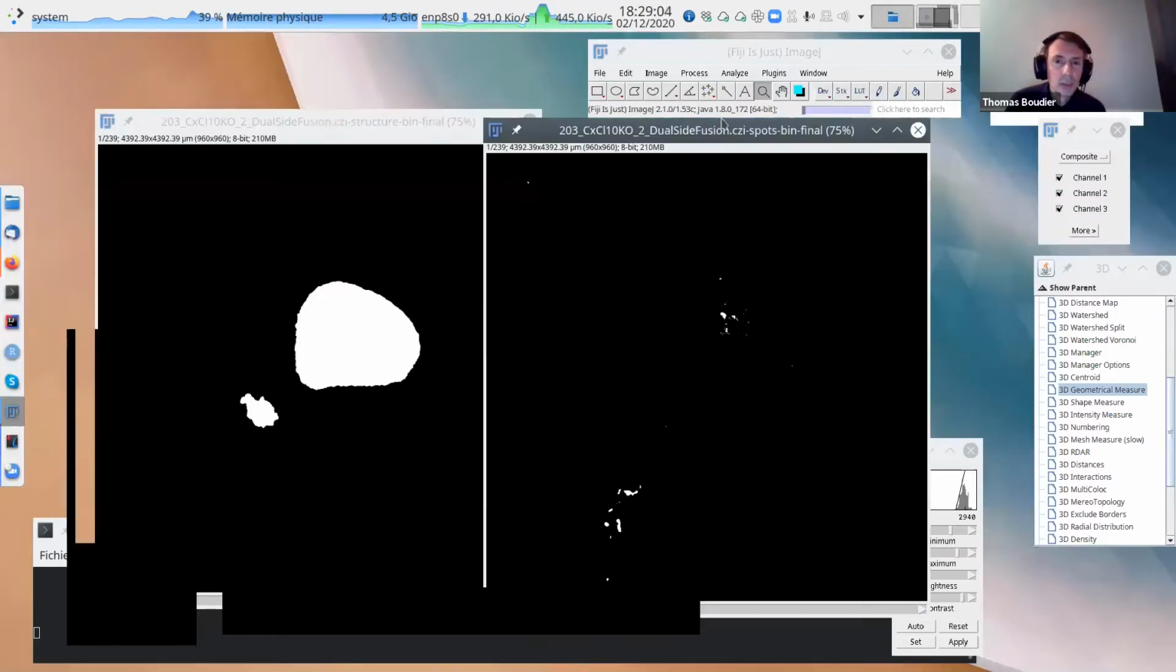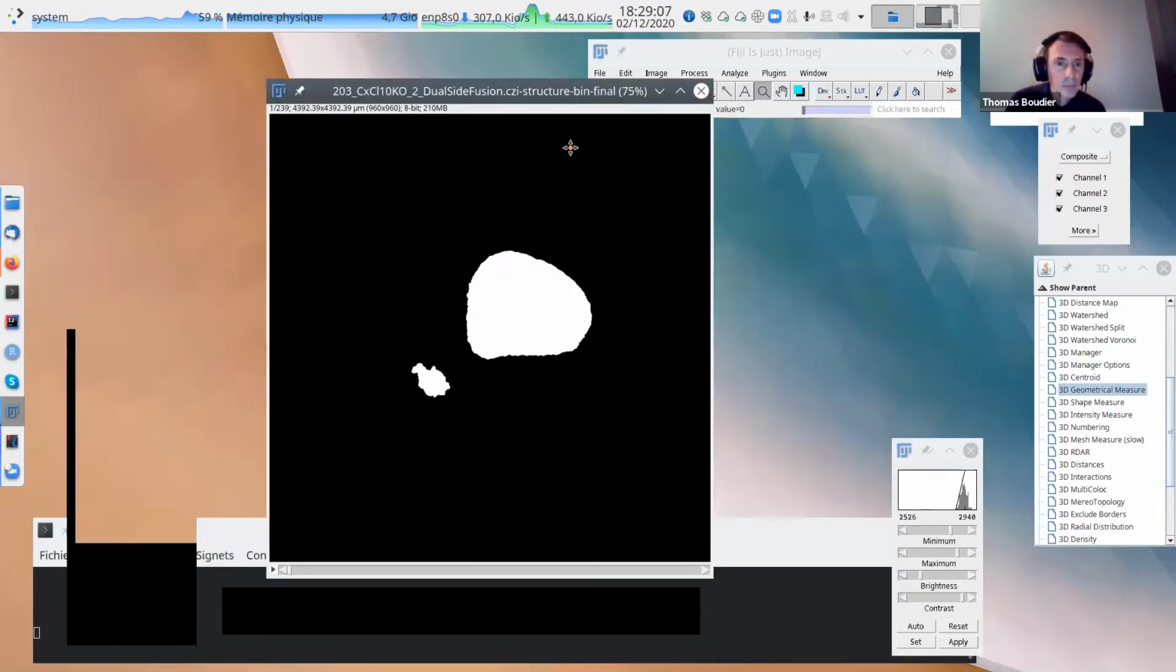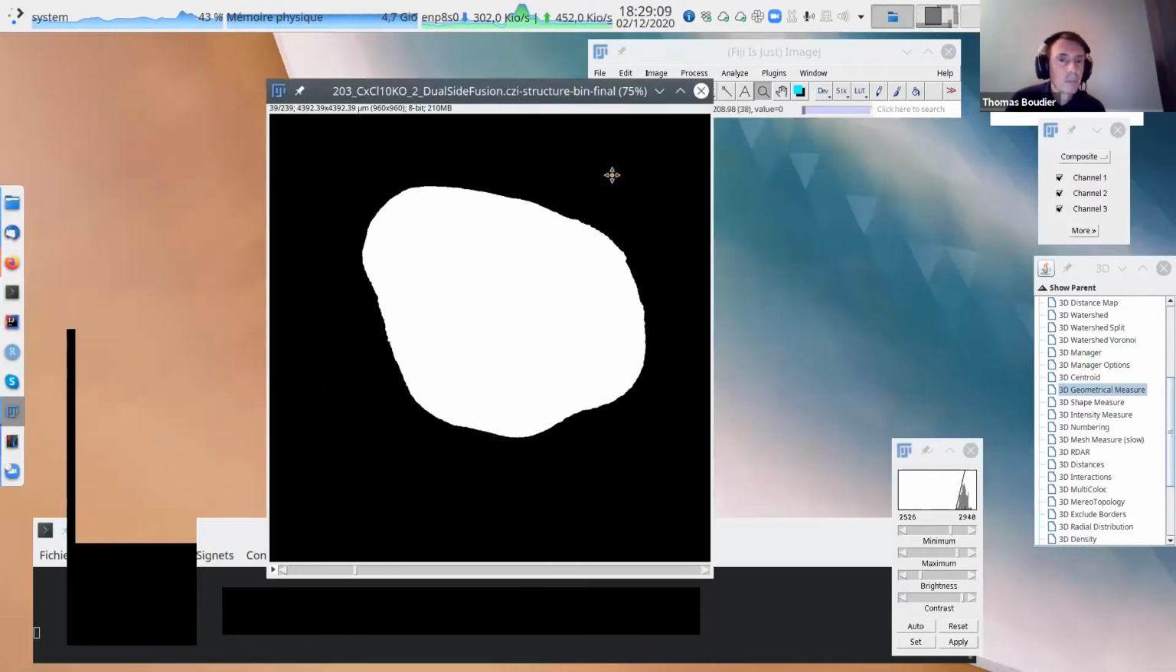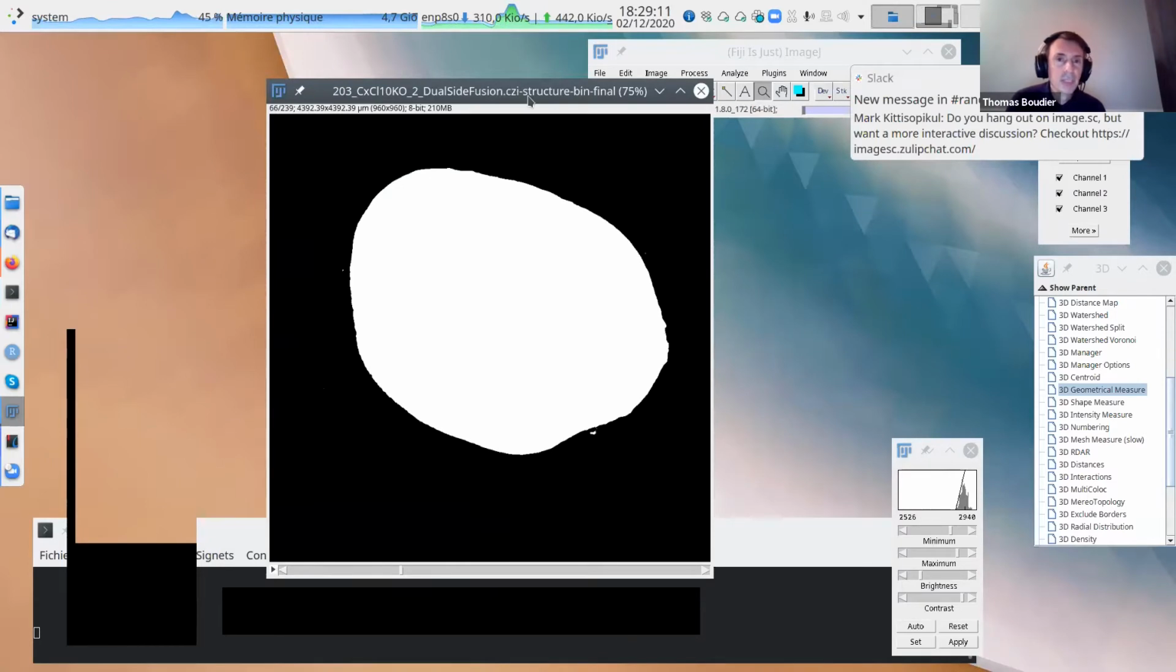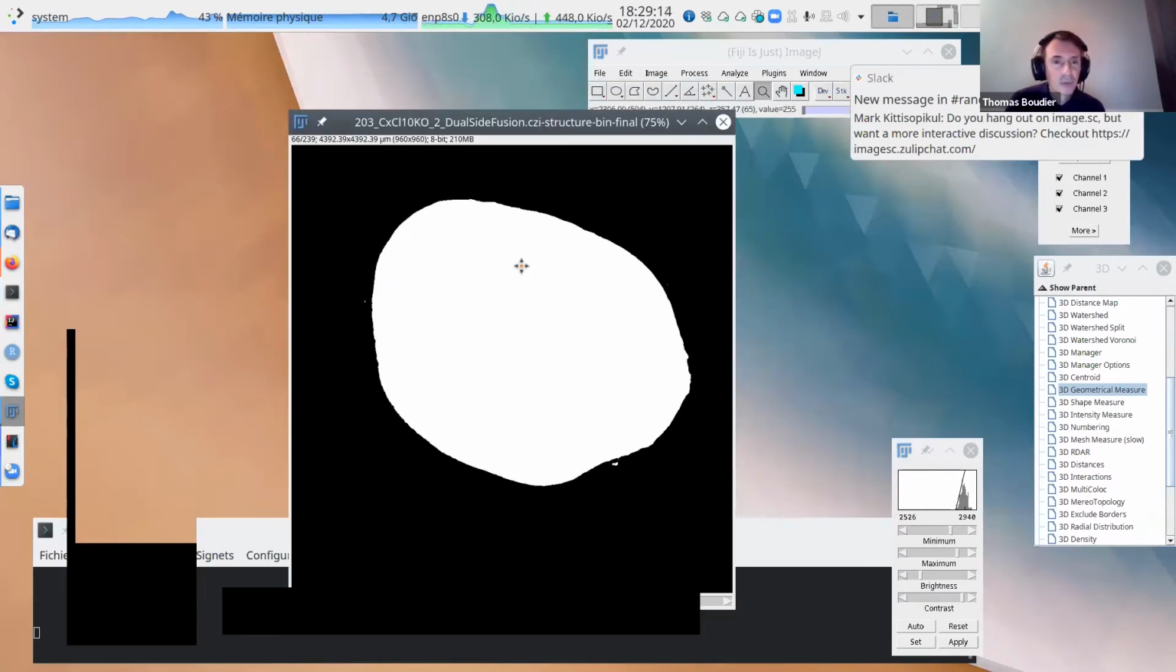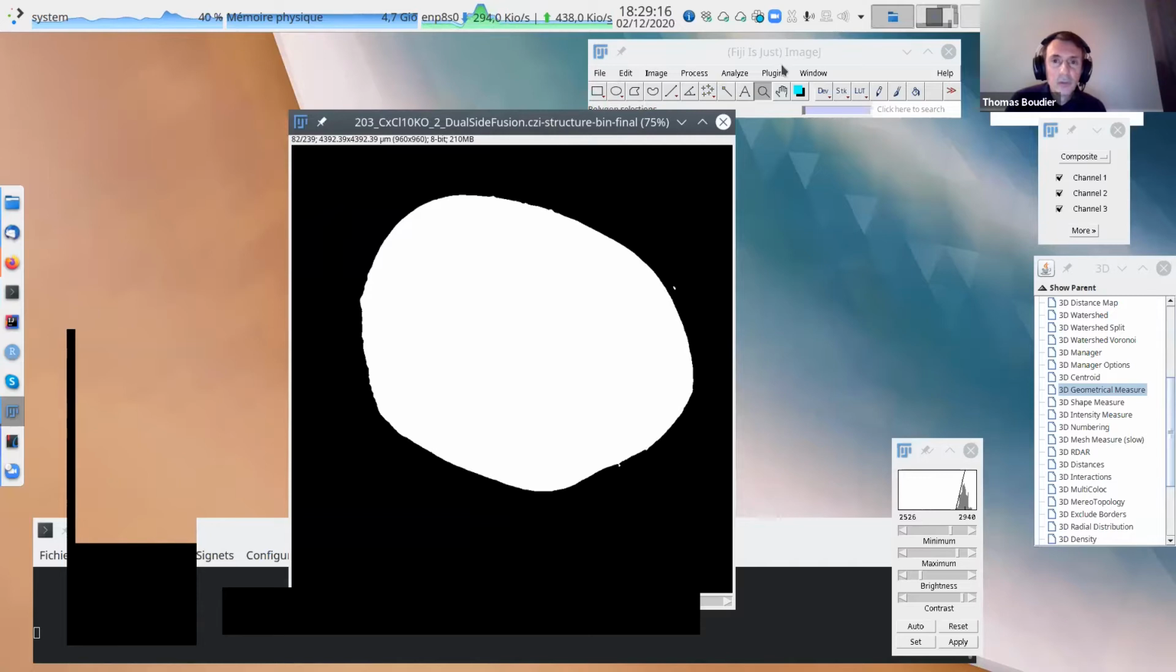But you can use any image. You can use the nucleus if you want. So this one is a big image with a big structure. And I have another image